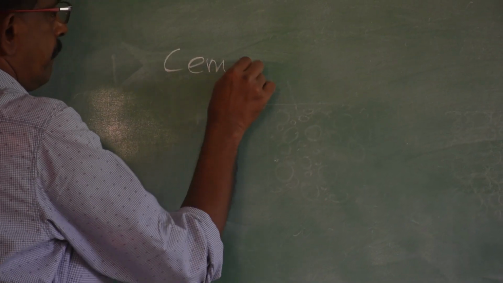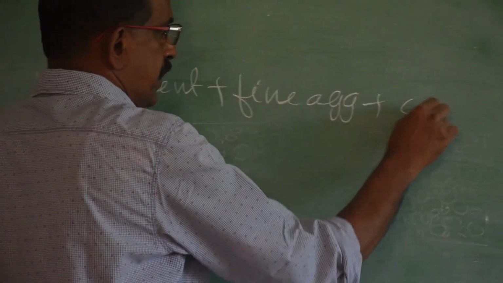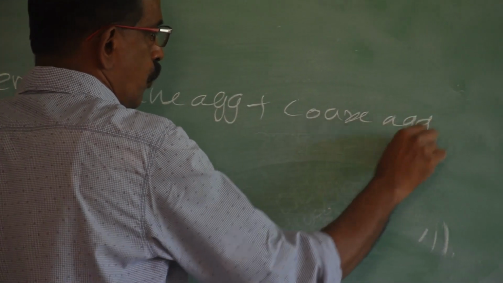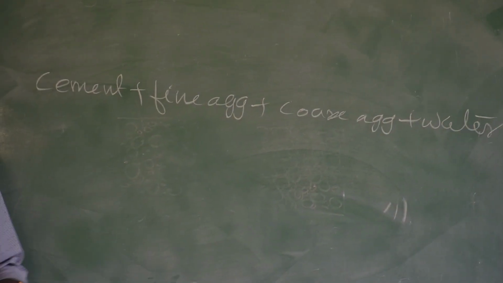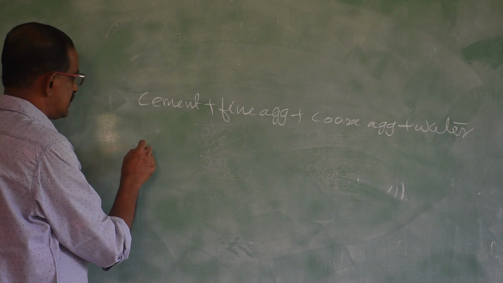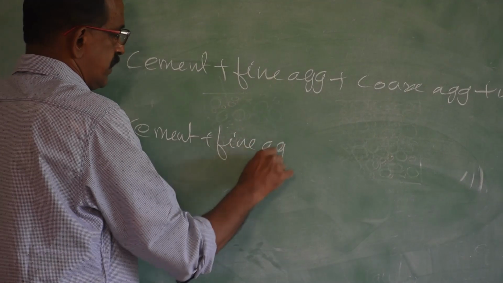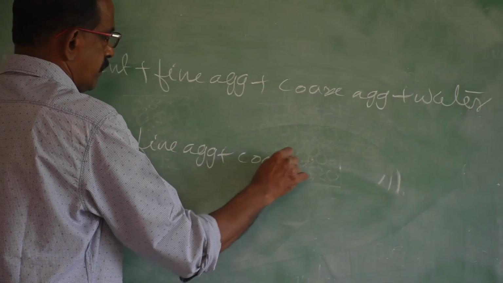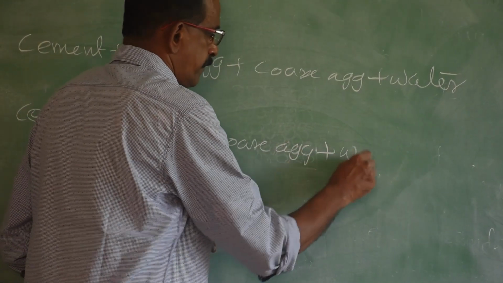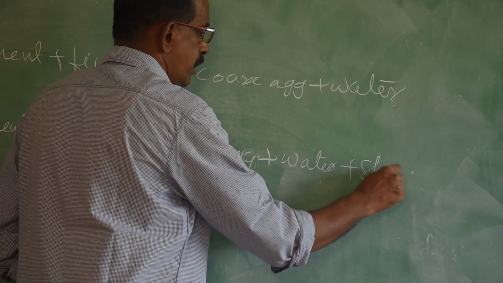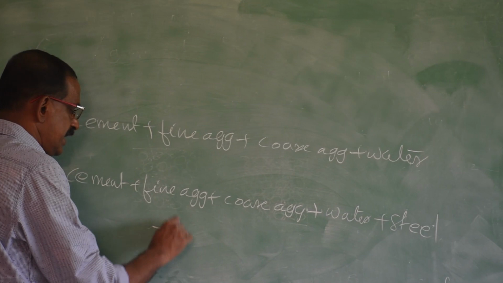Cement plus fine aggregate, that is river sand, plus coarse aggregate, that is broken stone, plus water. What is this mixture called? Immediately you may say concrete. If this is concrete, what is this mixture? Cement plus fine aggregate, that is river sand, plus coarse aggregate, that is broken stone, plus water, plus steel. Then what is this called? This is called reinforced